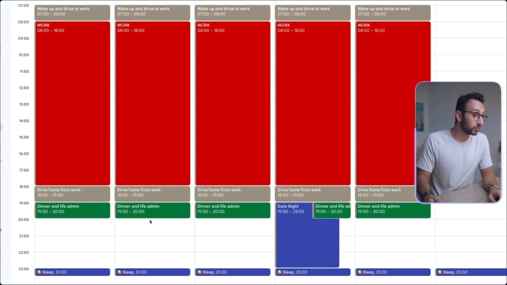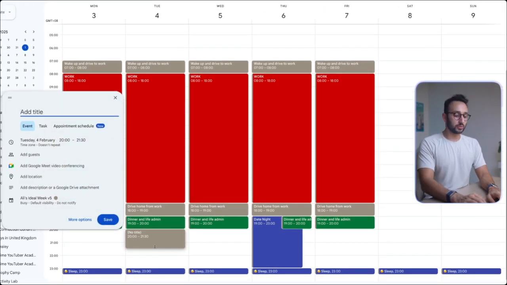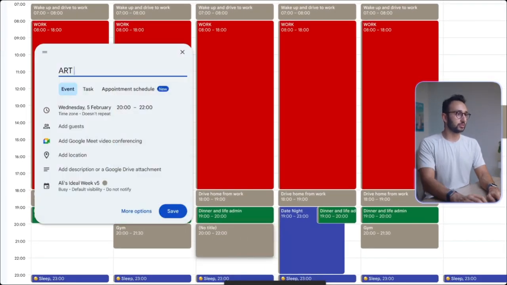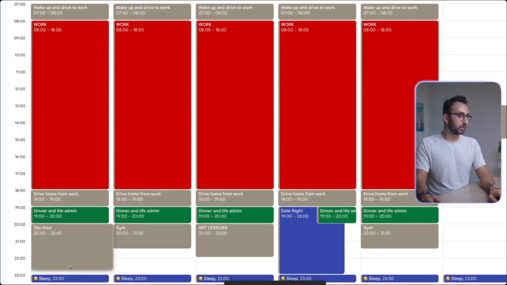So for example, I might decide it's important to me to go to the gym, let's say 3 times a week, and so I might put gym over there, I might put gym over there, and I might put, I don't know, gym on a Saturday afternoon. I might decide I really want to take art lessons, and so I put my art lessons once a week over there. I might decide I want to have an evening where I hang out with friends, or whatever the thing might be.